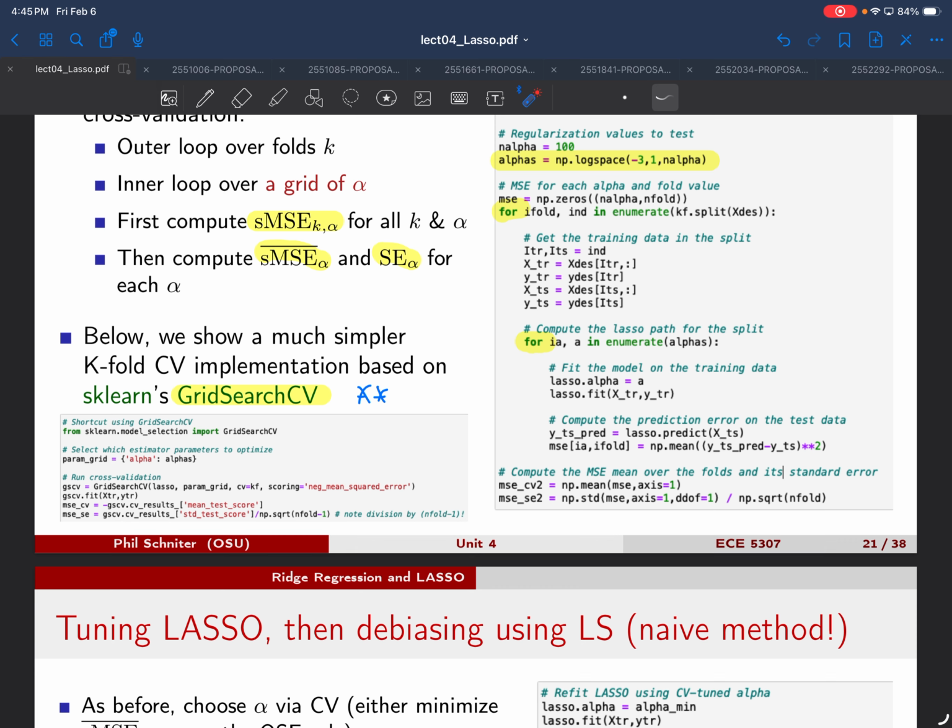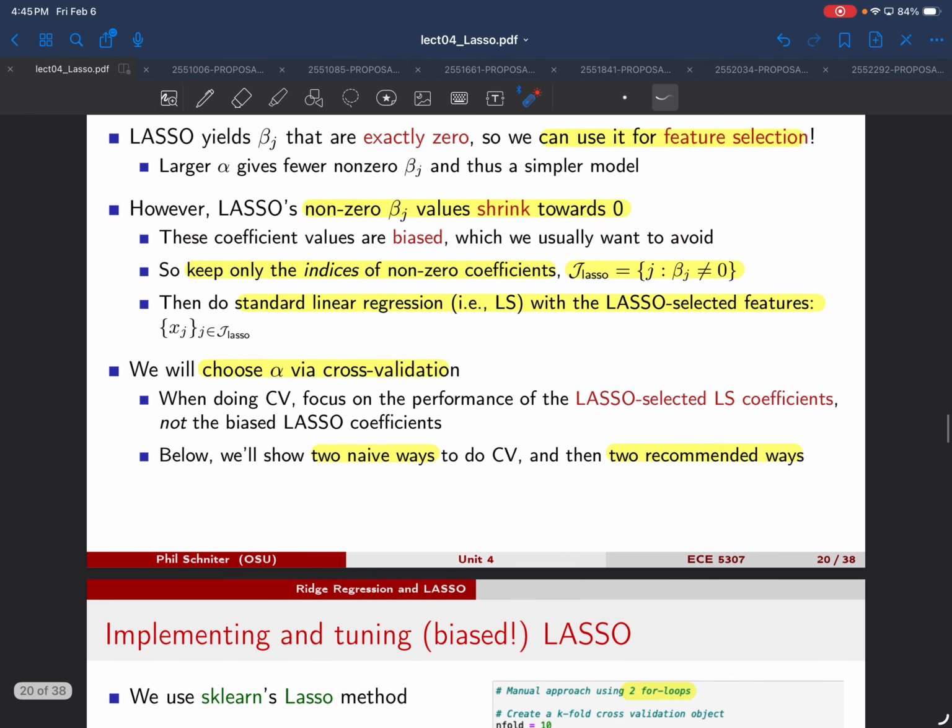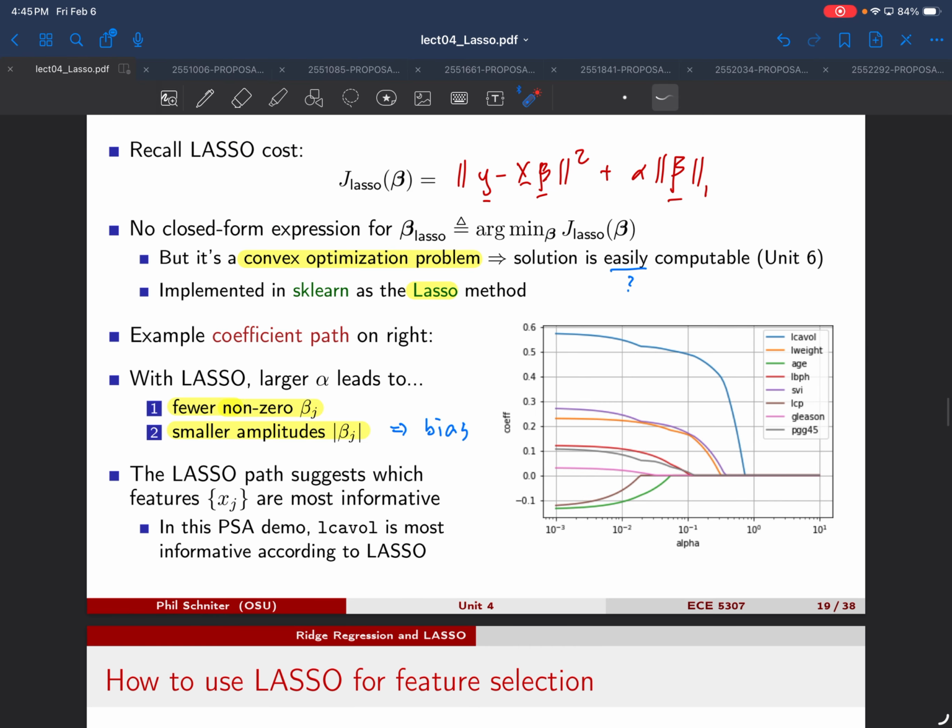Okay, is that pretty clear? Okay, so here's the problem with this. There's actually two problems, and they're both caused by the bias. So essentially, this is saying, among this range of solutions here, find me the alpha which gives the best mean squared error. And the trouble with that is we know that this is shrinking our coefficients, so we're faced with this trade-off between wanting to select the right coefficients but wanting not enough shrinkage. And so as a result, it's going to give you the wrong alpha value as it's trying to navigate these two kind of conflicting